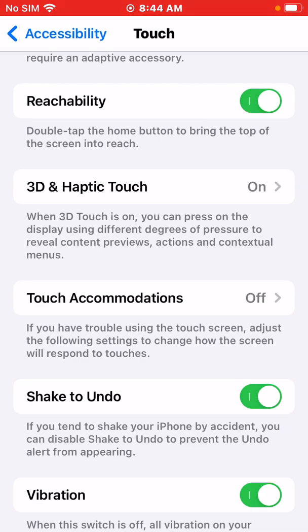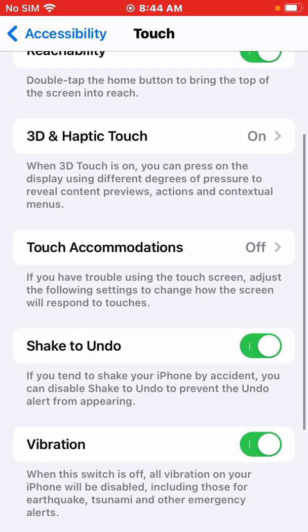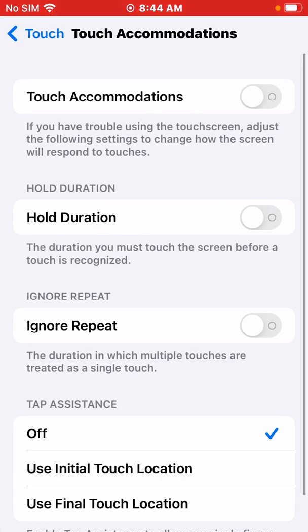Touch accommodations. So if you're having trouble using the touchscreen, you can adjust the following settings to change how the screen will respond to touches. Let's take a look. Touch accommodations, you're just turning this whole thing on or off, and then the settings that exist underneath here include the hold duration, ignore repeat. So I just talked about the people who smash the button. It will ignore those additional taps,